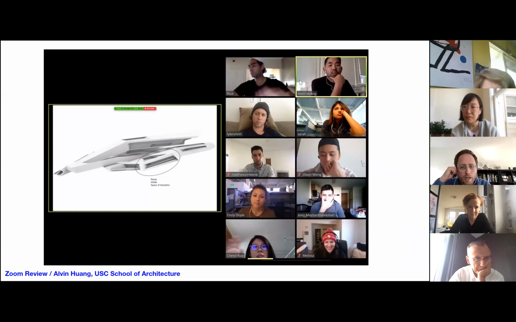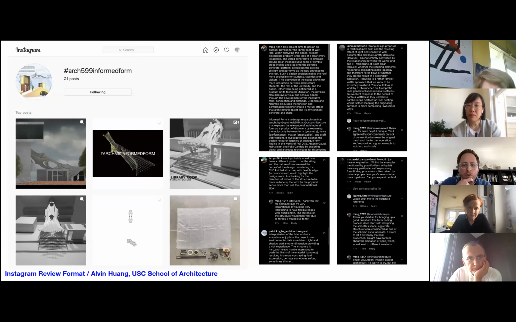I also connected with friend and colleague Alvin Wong this week, who's a professor at University of Southern California in LA. And Alvin's been working in these modes even before this moment. And he shared some images of pinup from his studio at USC, where the whole group is looking at a review of a process. And I also thought it would be worth sharing